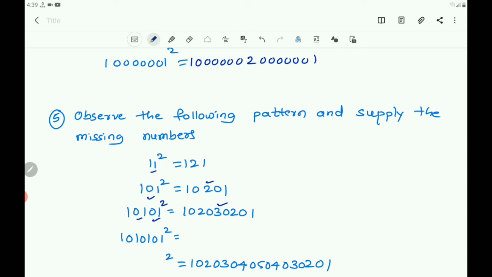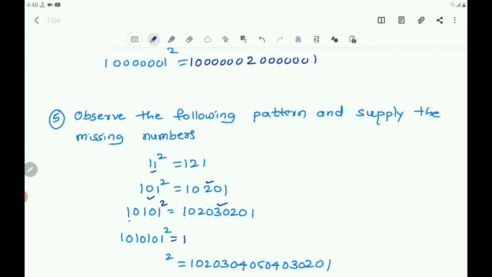Next here 11 square 121. Or otherwise you can write 1 plus 1 plus 1 here, that is 3 you will get. But you can write 1 plus 1 plus 1 plus 1, 4 will be there. So what you can write here? 4 here. 0, 3, 0, 2, 0, 1 it will be. In this way you can write the number, write it neatly.